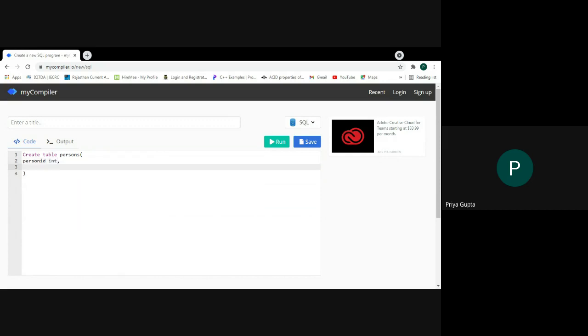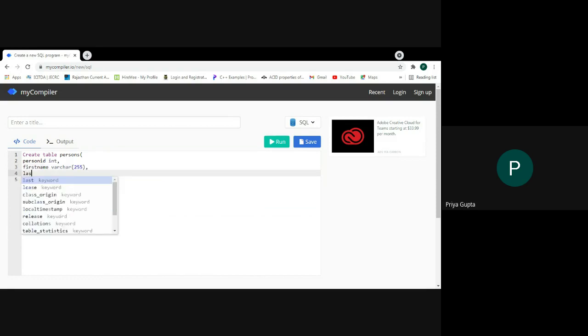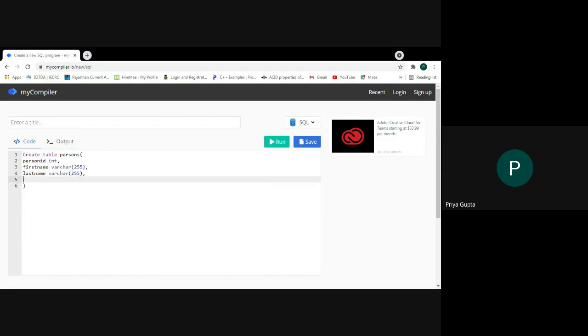My second column is first name with the data type varchar and the size is 255. My next column is last name with data type varchar and the size is 255. My next column is address with the data type varchar and size is 255.